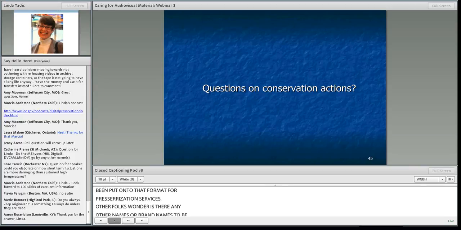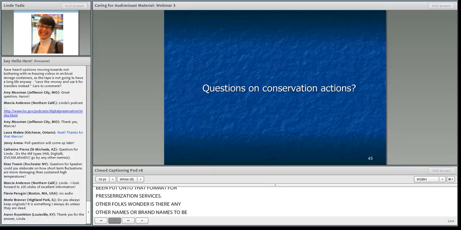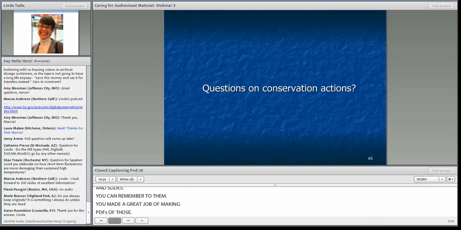Well, as we go through the tapes that have ME, you'll notice that in the handouts, in the slides, which they can, of course, refer to. Great, you guys did such a great job in making the PDFs of those. I'm going to show you how you can identify whether a tape, regardless of the manufacturer, is metal evaporated, by looking for the ME or the MP symbol.